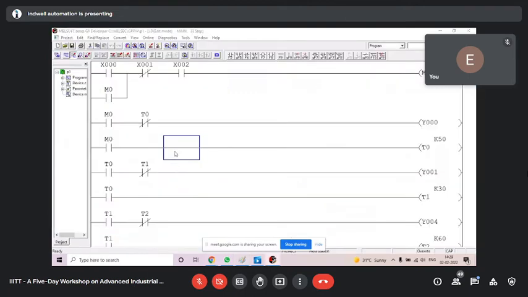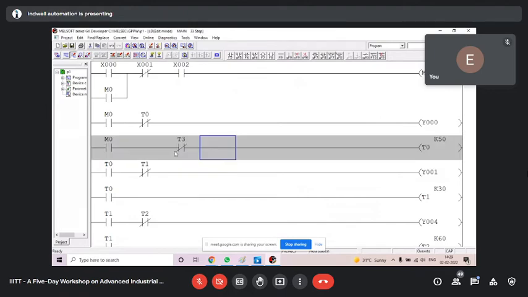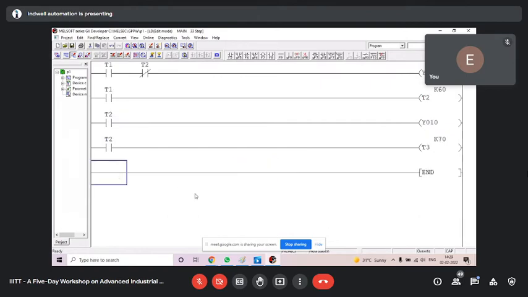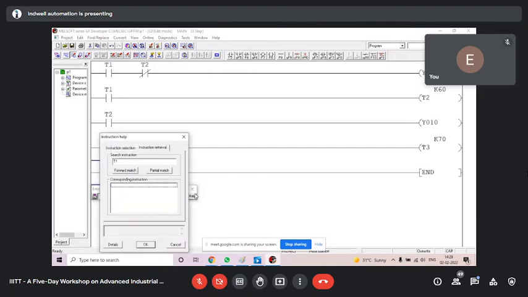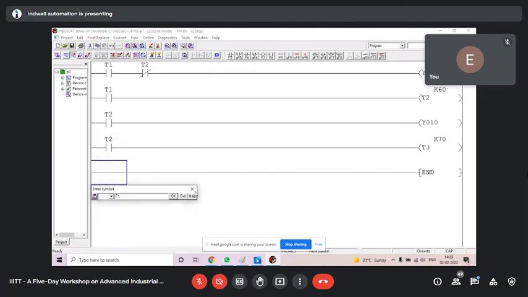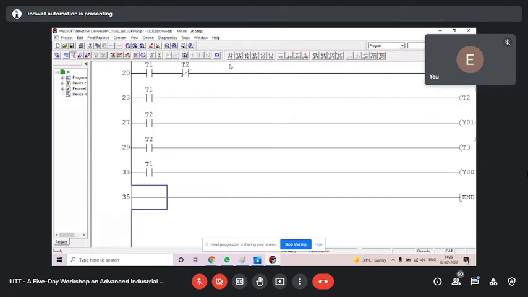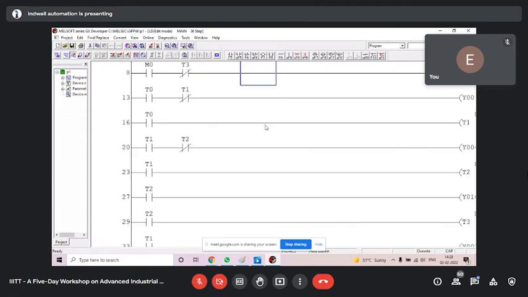I shall make a modification here also. I want T3, and that thing I also have to do. T1 will run, T1 is an NO, will run by 2, that is green. Convert and save. I hope it is clear up to this. Till now, it's clear. Tell me if you have any doubt.